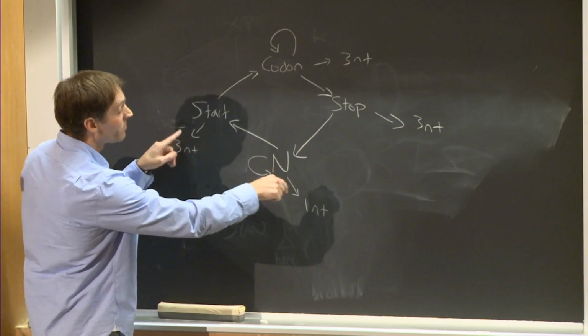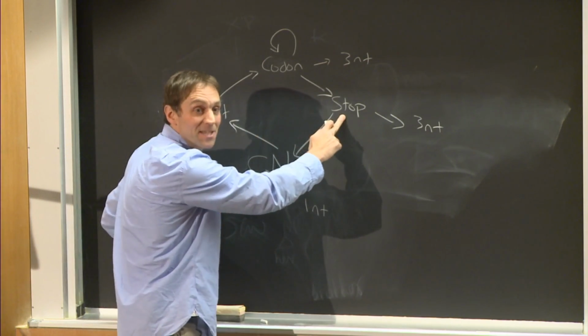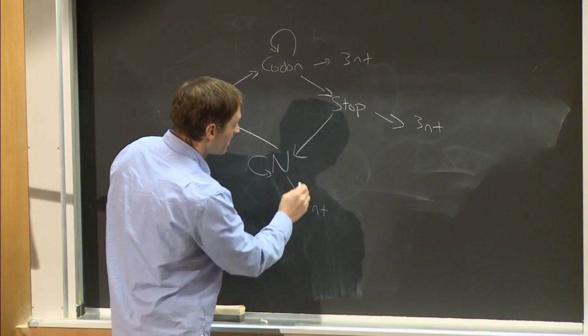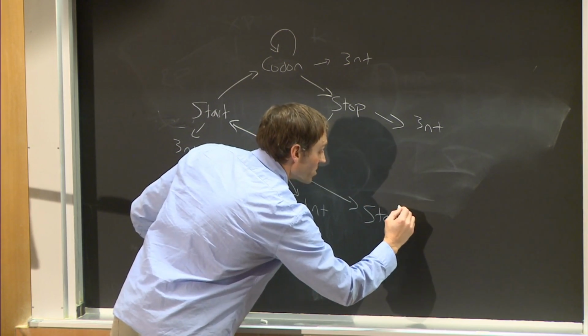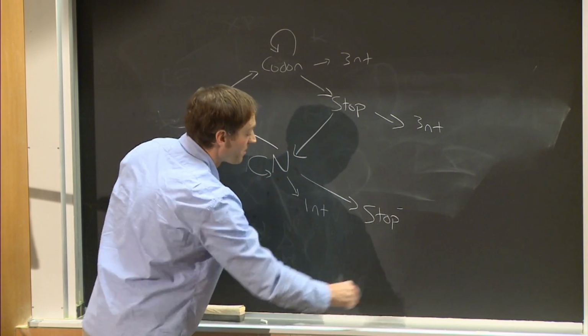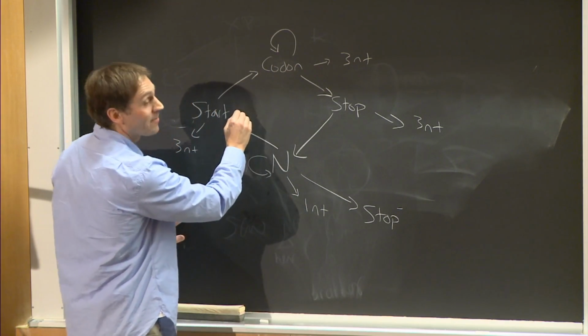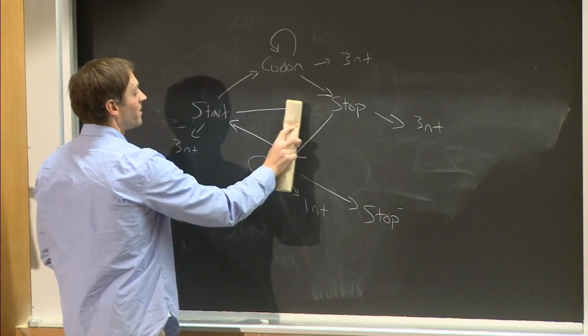And then you would traverse this whole circle in the opposite direction, right? But it wouldn't be the same state. It would be stop on the other strand, because it would emit different things, right? So you'd have minus strand stop, and then you'd have some other states on there. Good. I'm not going to draw those, but that's a good point. And you could have a teeny one codon gene if you want, but probably not worth it.